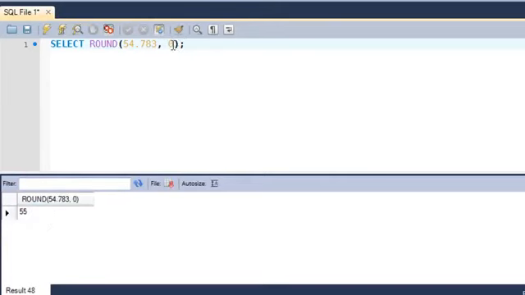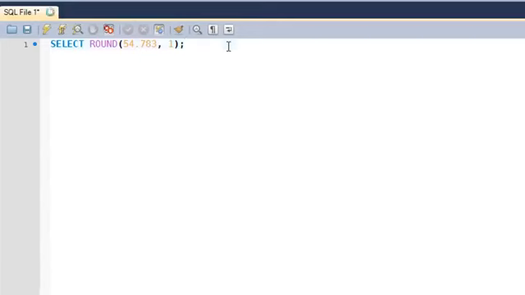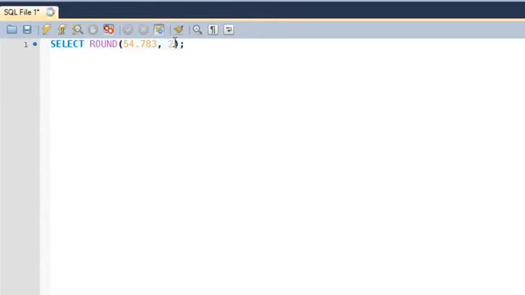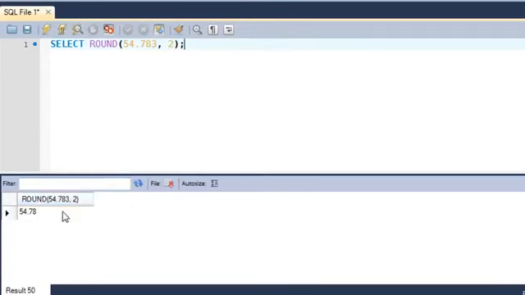But suppose you want to see one digit after the decimal point after the number has been rounded off, like for this number 54.783, if you would round this off to one decimal point, then the answer that you would get would be 54.8. So let's execute the query, and there you go, you see that the answer is 54.8. And if you would round it off to two digits after the decimal point, then the answer would be 54.78,